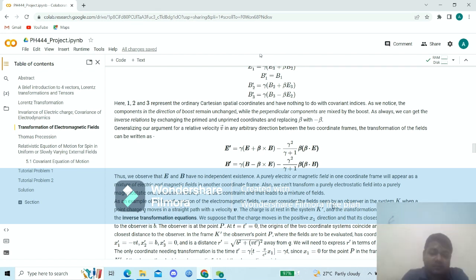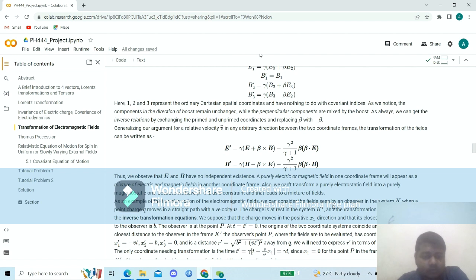So if we take a very basic example of the transformation of the electromagnetic fields, we can consider the field seen by an observer, say in the system K, when a point charge Q moves in a straight path with a velocity v. So with respect to the system K prime, we can say that the charge is at rest, and the transformation of the fields is thus given by the inverse transformation equations. This is because the charge is at rest with respect to the system K prime. So we can now suppose that the charge moves in the positive x1 direction, and that its closest distance of approach